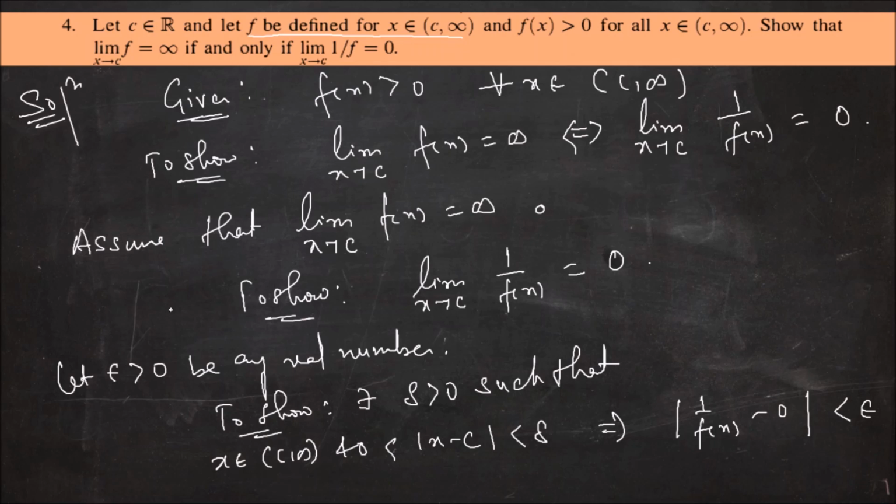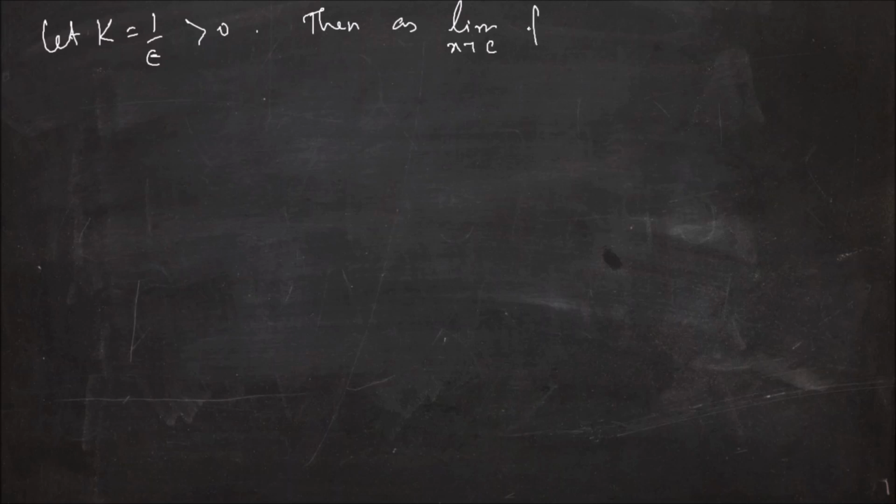We should take k equal to 1 by epsilon, because epsilon represents a small number and k represents a larger number. So we will take k equal to 1 by epsilon. So let k equal to 1 by epsilon greater than 0. Then as the limit as x tends to c of f(x) is equal to infinity, there exists delta greater than 0 such that